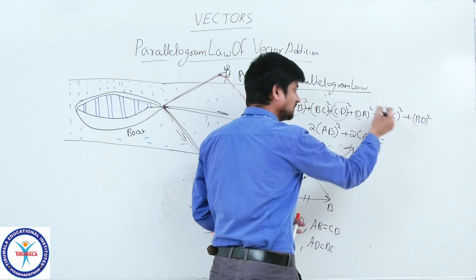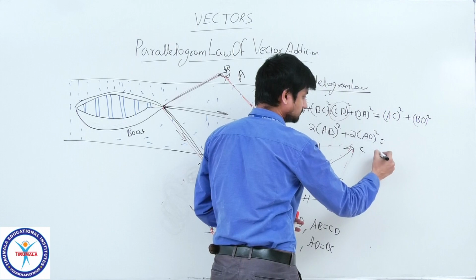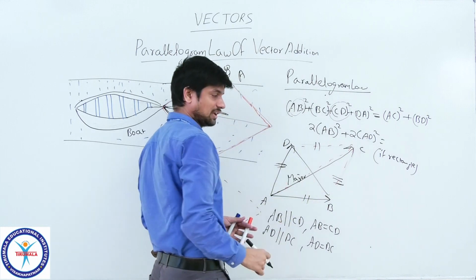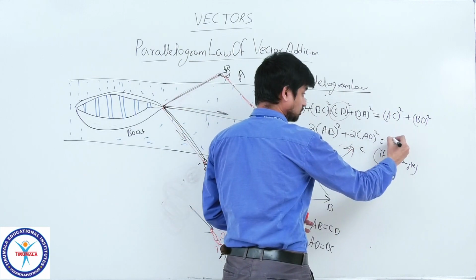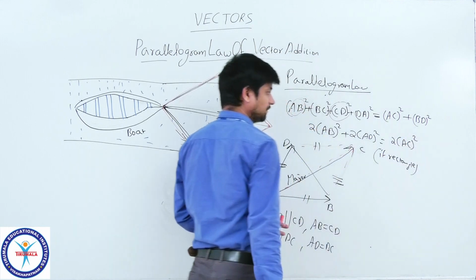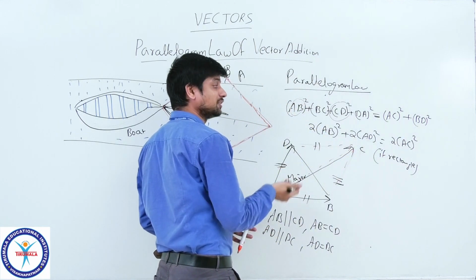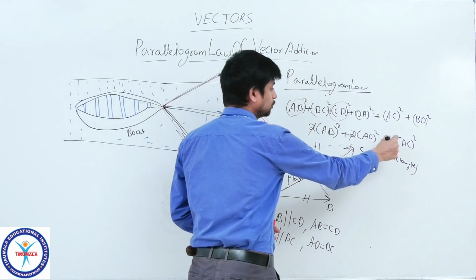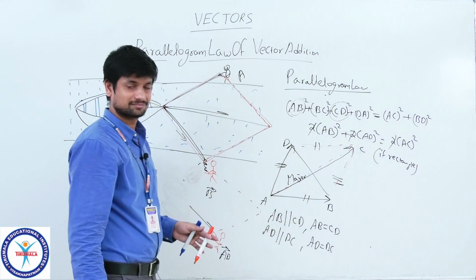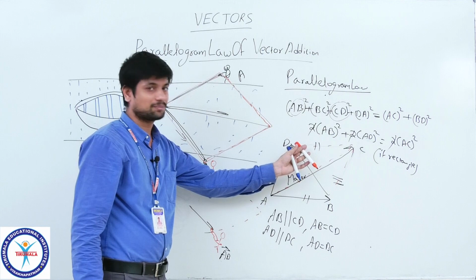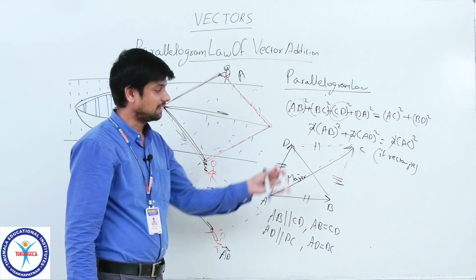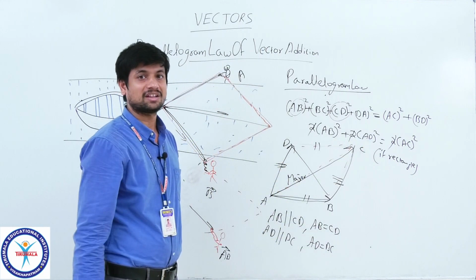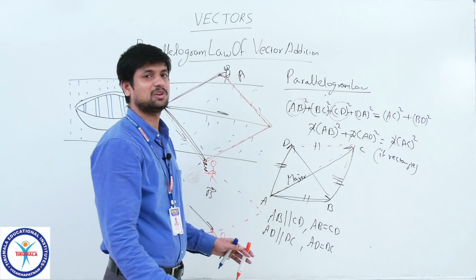So, if this is a rectangle or square, what happens? Both diagonals will have the same value, right? So I will reduce to 2 into AC whole square, where BD and AC are assumed equal if it is a rectangle or square. So 2 can be cancelled. Again, what did you get, children? Square of the side plus square of the side equals square of the hypotenuse. Again, you get the Pythagoras theorem. Here also we will go through it in that way.